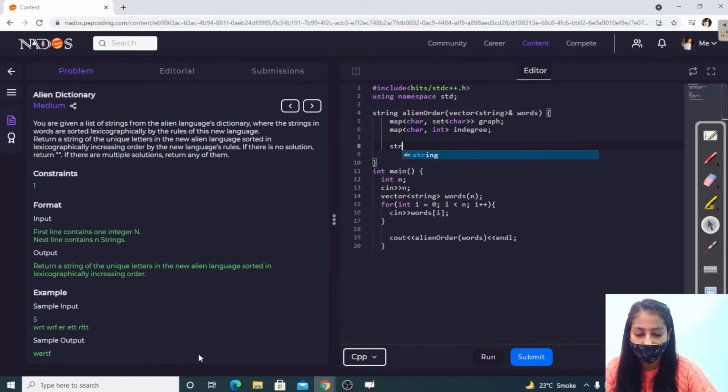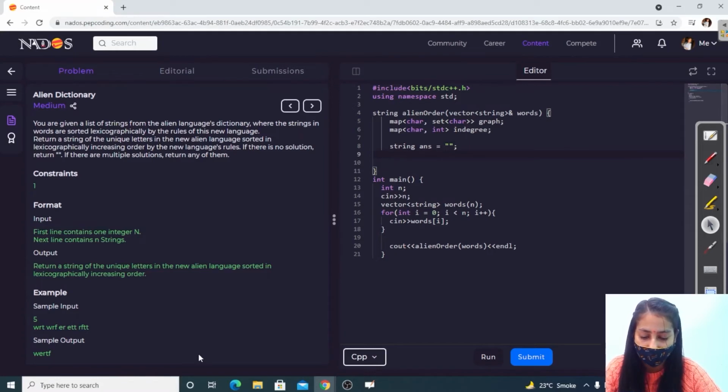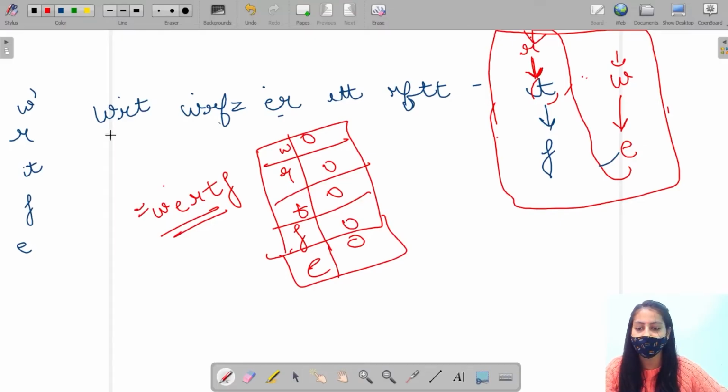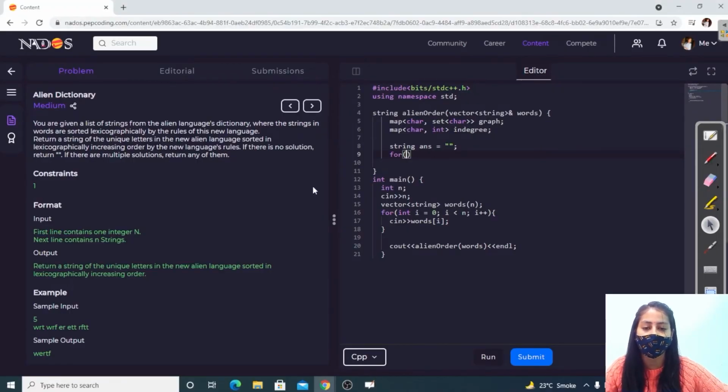So let's take an answer string here, answer, right? Next, we'll traverse this list and each word and add the characters to our map. We know that the keys in our map are always unique, so all the characters are added only one time in our map, right?